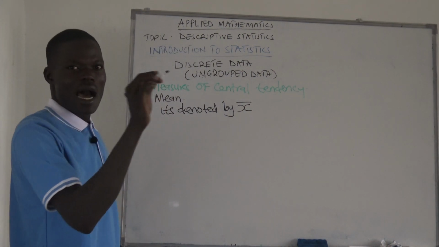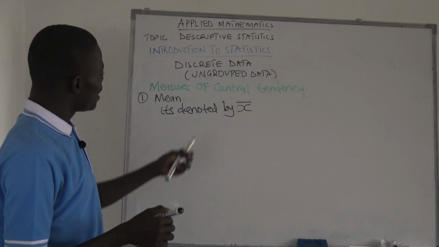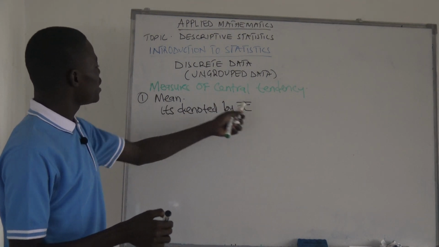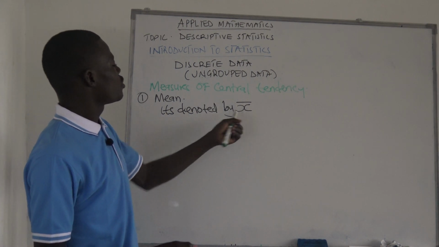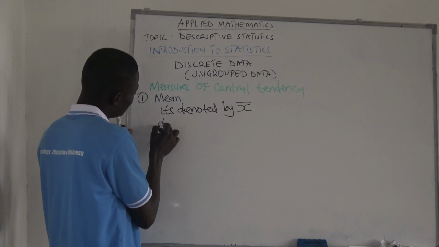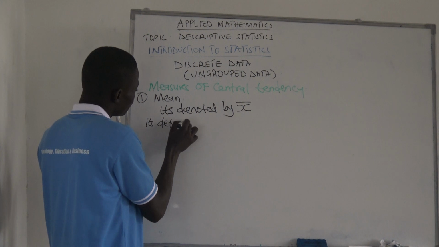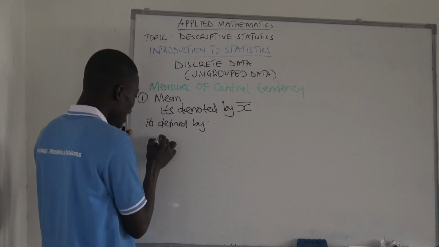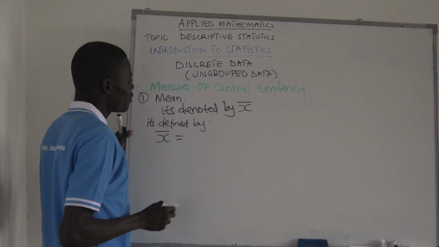x bar. That one is what we are calling mean. That's the mean. If you see this x bar, or if they tell you to calculate the mean, you can use this. So mean is defined by, our x bar is given by